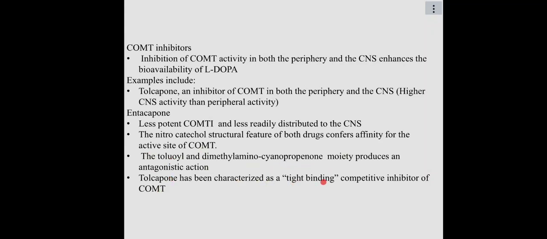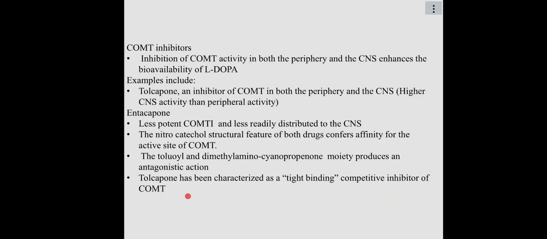Tolcapone has been characterized as tight fitting. Remember, we say tolcapone has both peripheral and also CNS activity, well distributed in the CNS and also in the periphery, has activity in both areas. It's more active than entacapone, and that's why we are saying it's characterized as tight binding. When we talk about tight binding, these drugs bind more tightly than the agonist, but do not have the ability to trigger pharmacological activity. As long as they are binding, the agonist can't bind, and no wonder antagonistic activity. So they are tight binding, competitive inhibitors of catechol methyltransferase, because once they bind that enzyme,